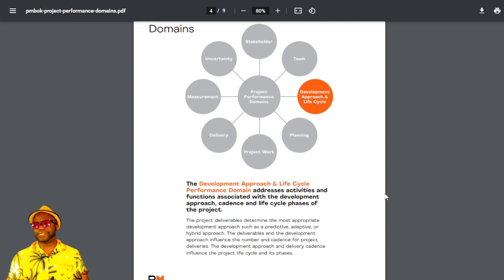3 o'clock, it says development approach and life cycle. If you've read the Agile Practice Guide, page 18, 19, 14, you already know this story. It says, the development approach and life cycle performance domain addresses activities and functions associated with the development approach, cadence, and life cycle phases of the project. Am I going to be iterative, incremental? Am I going to be agile? Am I going to be predictive? What am I? Well, it says,